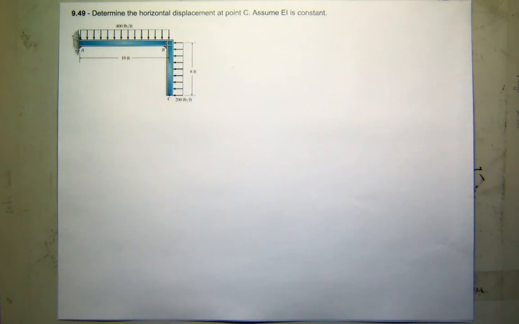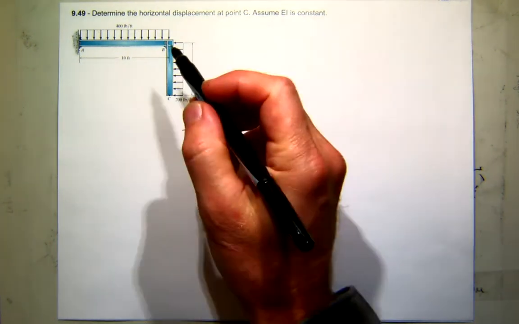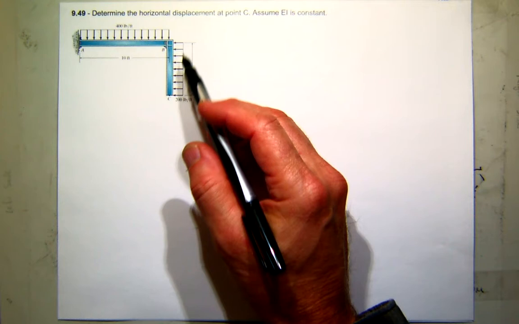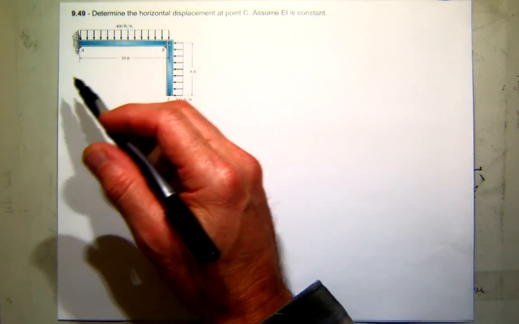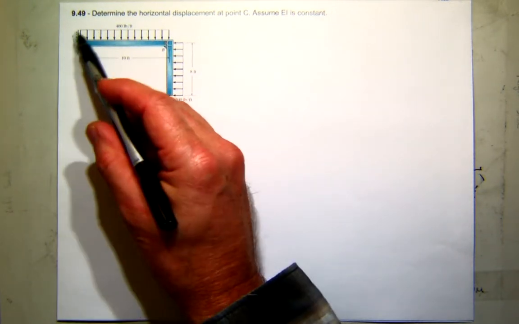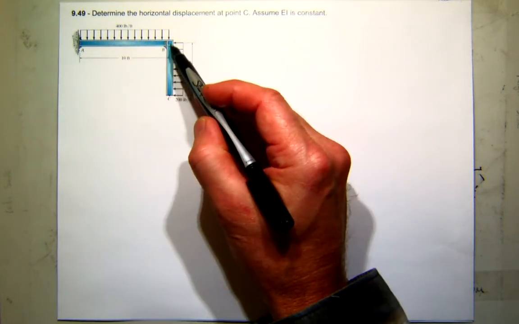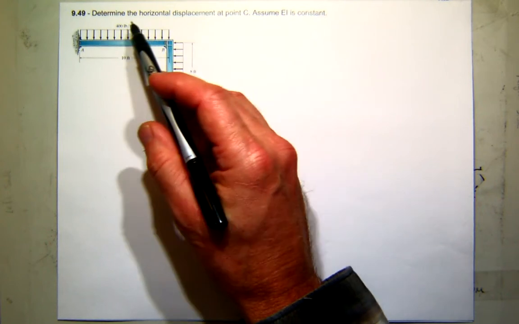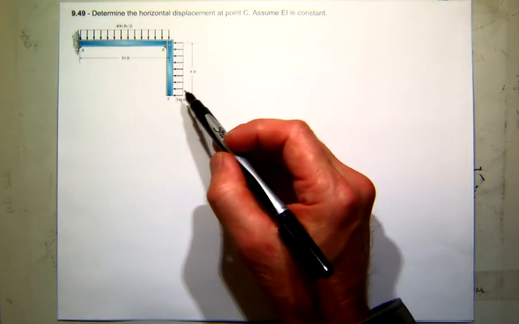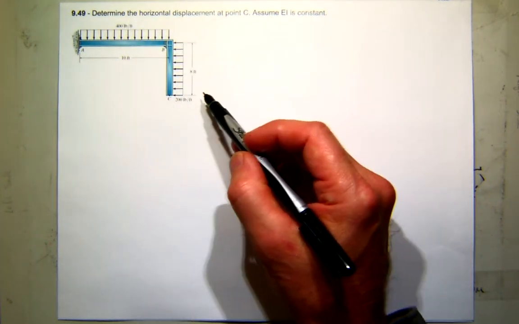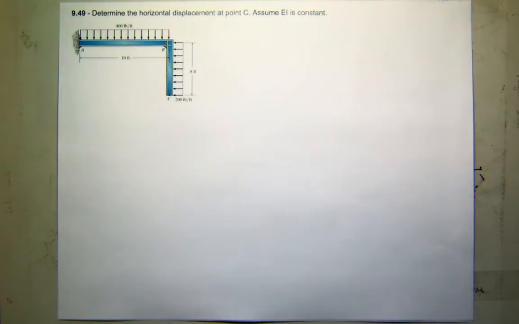All right, so let's work this problem. We've got a frame, pretty simple frame, cantilever frame. So it's fixed connected here at A and fixed connected here at B. And I want to find the horizontal displacement at point C. So the first thing, I'm going to use